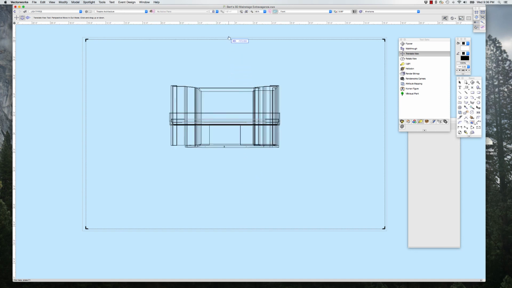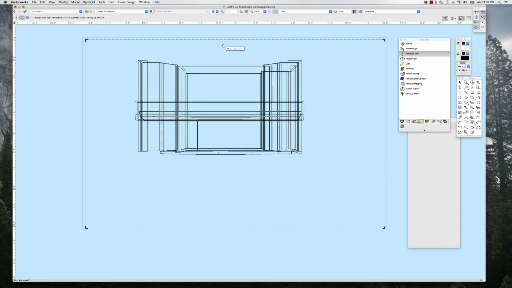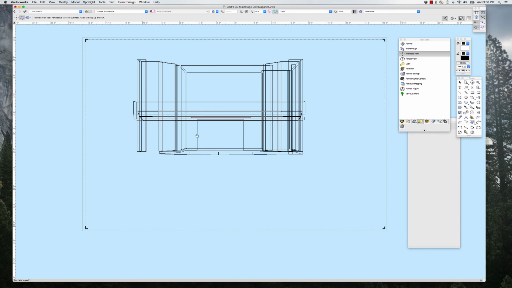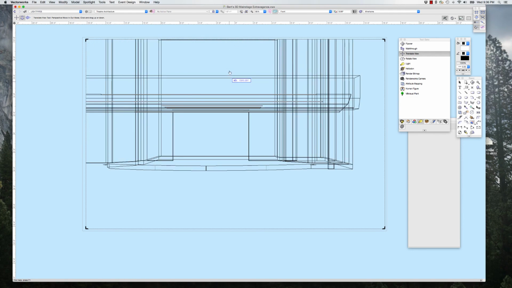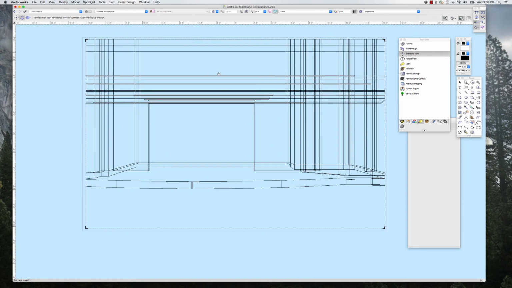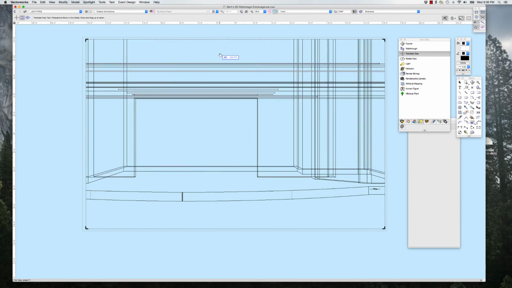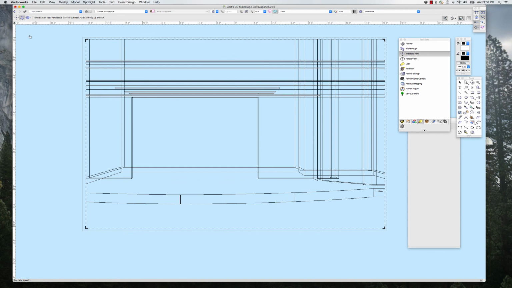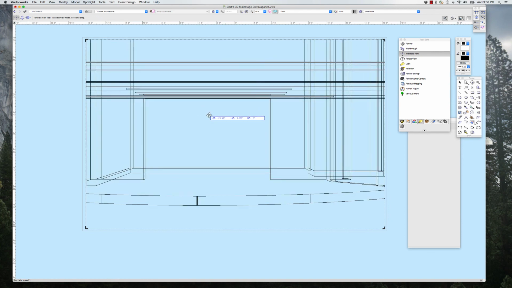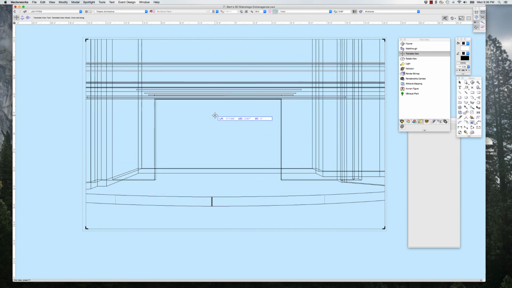So I want to go ahead and zoom in a lot. What I really want is just this portion of the stage. I really don't want the whole building. Actually, I would really love to get rid of the whole building, but that's a different story for a different time. So I sort of want to fill, and then I can go back and use this one and move so that I'm actually